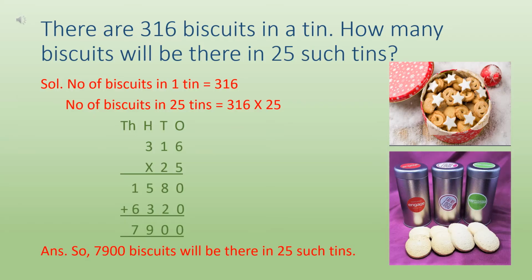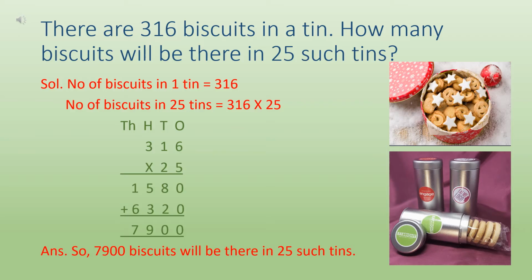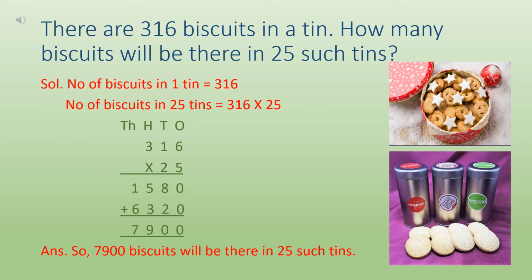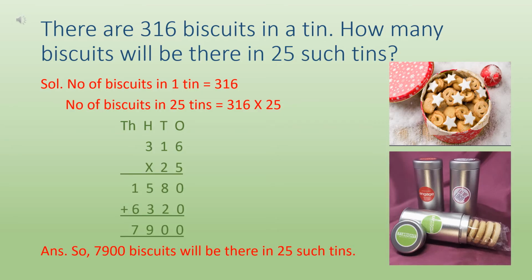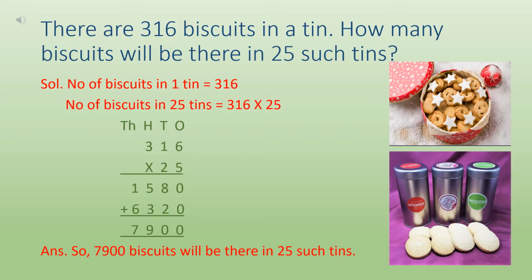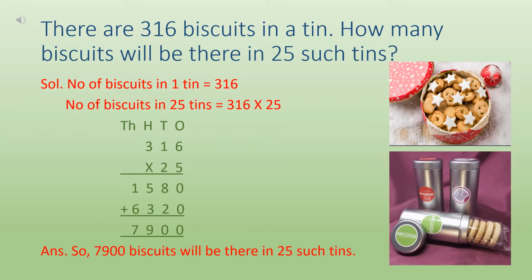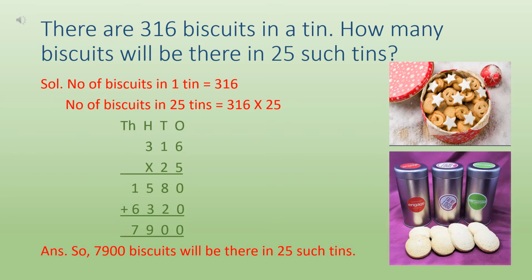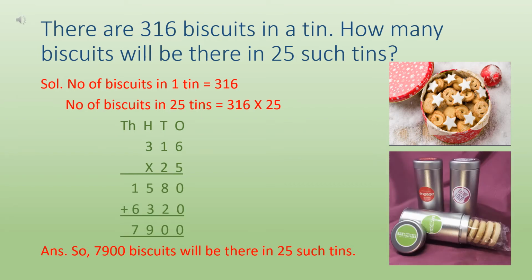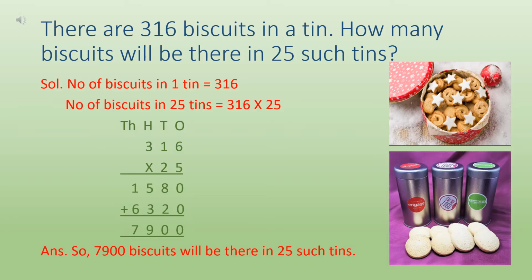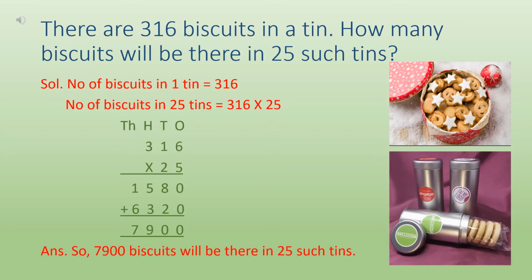Next we will multiply 2 with 1. So 2 ones are 2 plus 1 was carried over. So 2 ones are 2 plus 1, 3. Children, 1 was carried over to the tens place, not hundreds place. Next we will multiply 2 by 3 because 3 is in hundreds place. So 2 threes are 6. So the second product we have got is 6320.